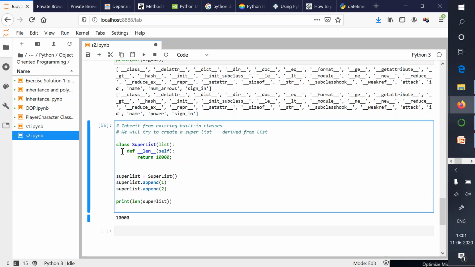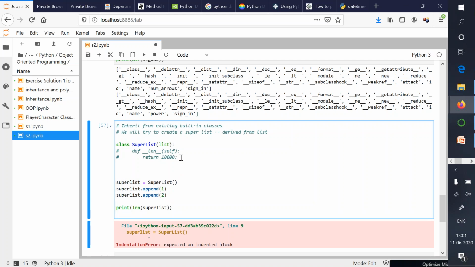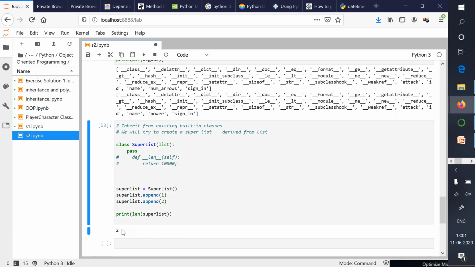Now, if you didn't override length, it is producing the correct result. So now in this case, you need to write pass. You are getting the correct answer 2.